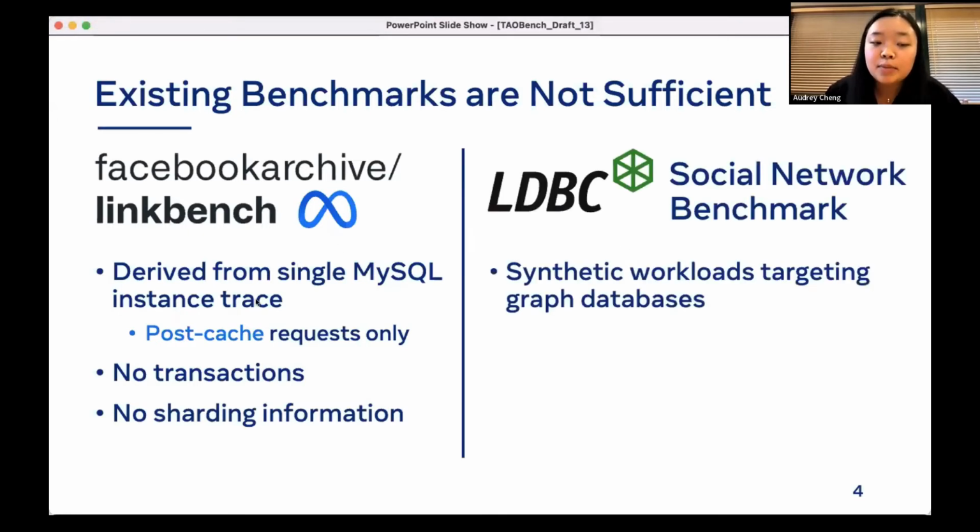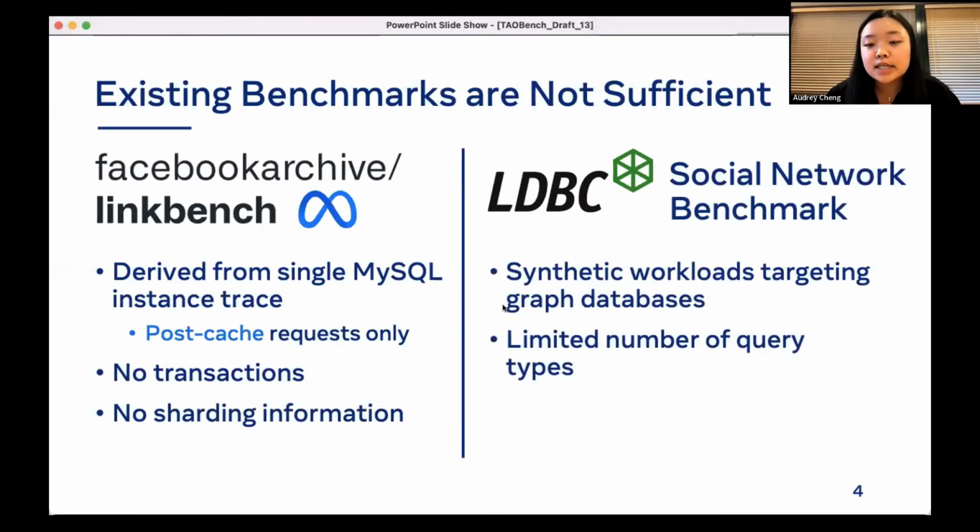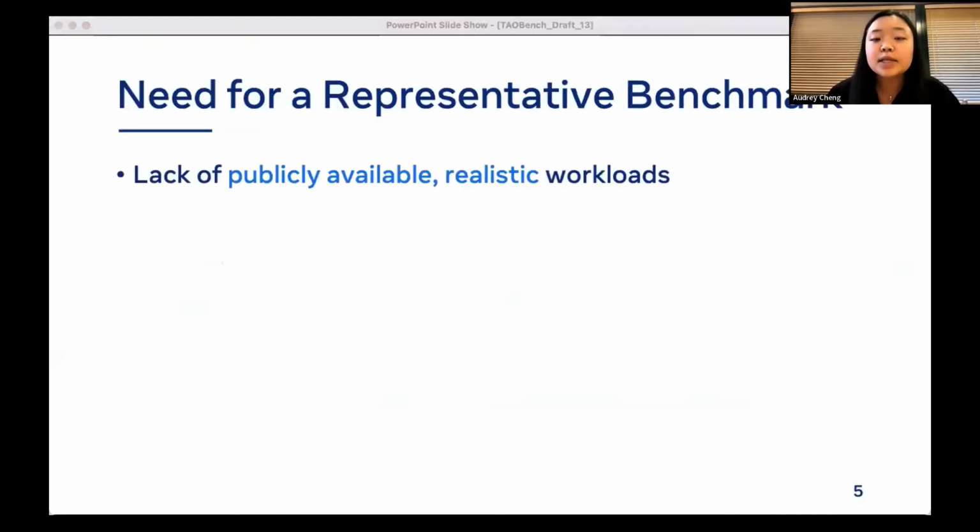LDBC is another prominent benchmark in this area, and this is more focused on graph databases. As such, most of the requests are complex processing-intensive queries rather than serving queries, and it contains 29 different query types representing common social network actions, such as finding the friends of your friends, and it doesn't contain any sharding information as well. So lack of publicly available realistic workloads has been a detriment to both academics and industry